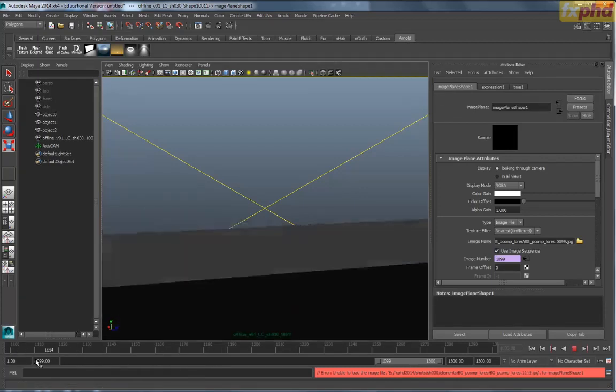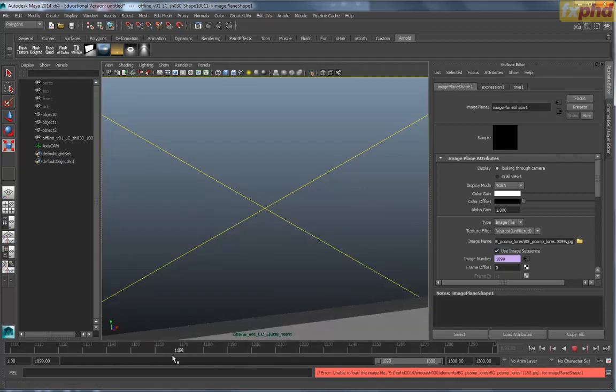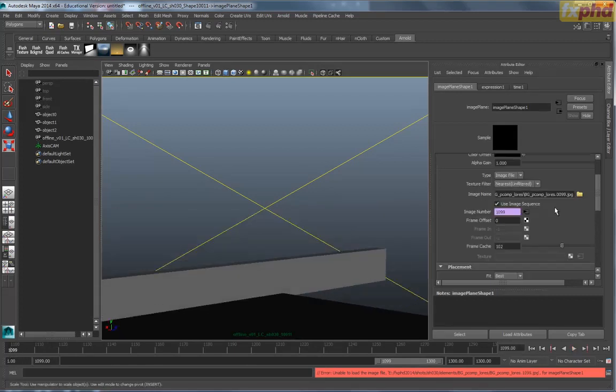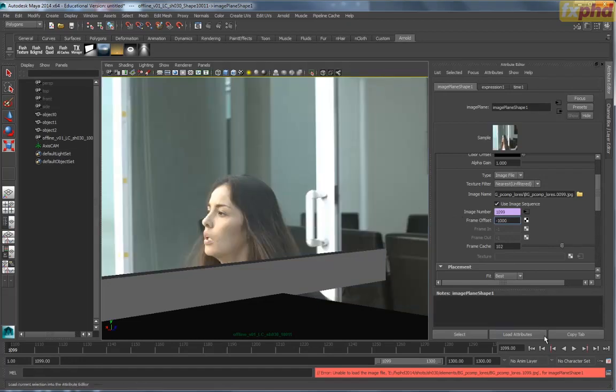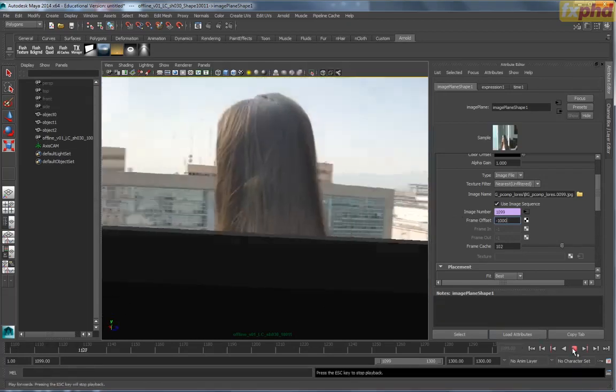Now, it's not showing anything because we need to offset it because we rendered it as 99 to 300, but actually our frame range here is plus 1000. So we want to offset it for some weird reason that I don't understand. The offset in Maya works in reverse. So instead of offsetting it 1000 frames forward, you need to do minus 1000. I really don't know why, but now it works. And if we play,